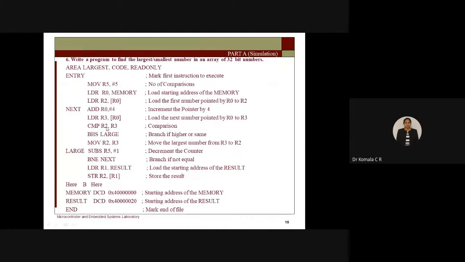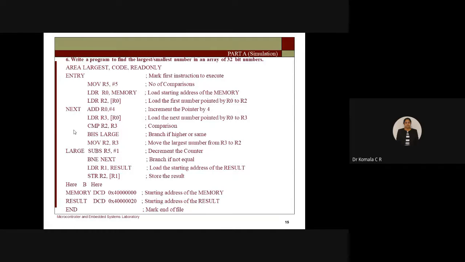Next step, I will compare R2 and R3. What is my R2 having? The first number, which is 25. What is my R3 having? The second number, 33. 25 and 33 get compared. How is the comparison instruction executed? When you execute the instruction, it performs R2 minus R3, so 25 minus 33. Based on whether the result is negative, positive or zero, it decides. If the result is 0, they are equal.